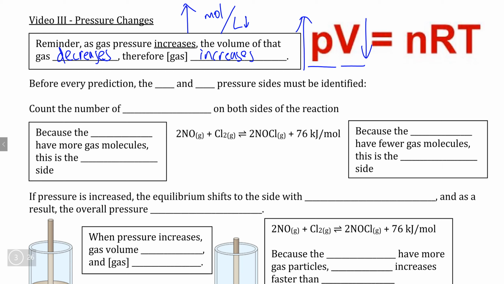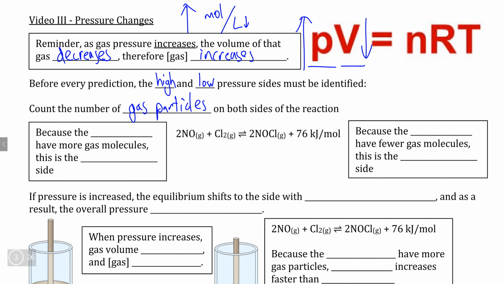The problem is that in gas reactions or gas equilibrium systems, we have gases on both sides, which means we're not just increasing the concentration of one gas, we're actually increasing the concentration of all of them. Now, to analyze these more effectively, we need to refer to pressure, and the first thing we need to figure out is whether the products or the reactants are what we call the high pressure side or the low pressure side. We can determine this simply by counting the number of gas particles that exist in the reactants